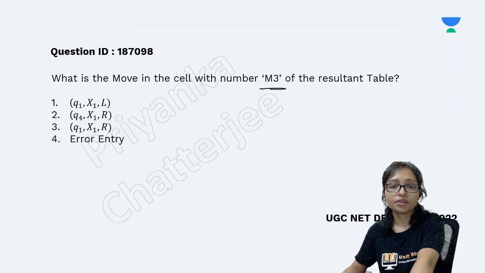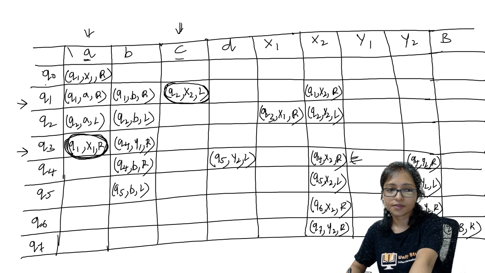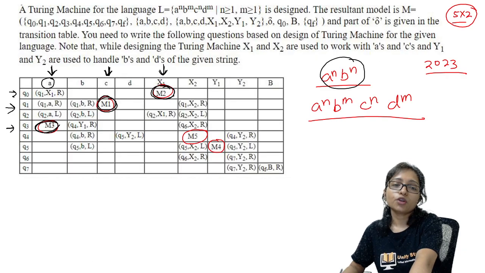M3. That is Q1 X1R. Yes, that was coming or not? See that? That was coming here. Q1 X1R. Got it. Now your value will not match, because Q4 and Q5 value will not match, because this